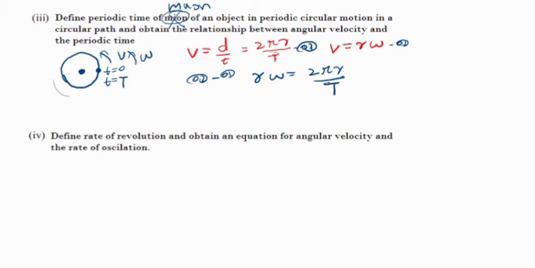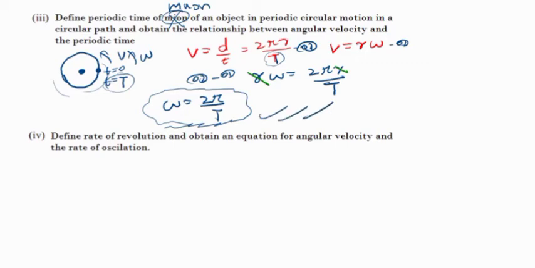Somebody might be wondering why it is T: because the time taken to complete one cycle is capital T, that means the periodic time. Now r and r cancel each other. The relationship is omega is equal to 2 pi over capital T. Just remembering this equation is more than enough. If you have the skill to derive this, it is an additional bonus. So keep practicing. If you practice this 2 to 3 times, you can easily understand. Always try to get the concept behind it rather than just